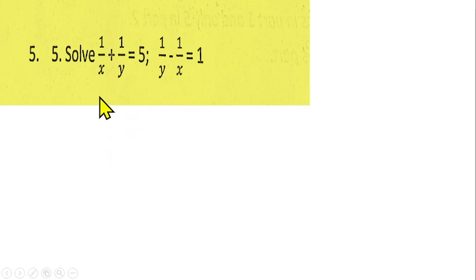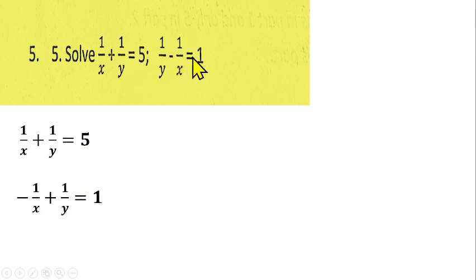Question number 5 is from simultaneous equations. We have to solve these two equations simultaneously to find the values of x and y. Then how do we do that? We have equation 1: 1 over x plus 1 over y equals 5, and also we have 1 over y